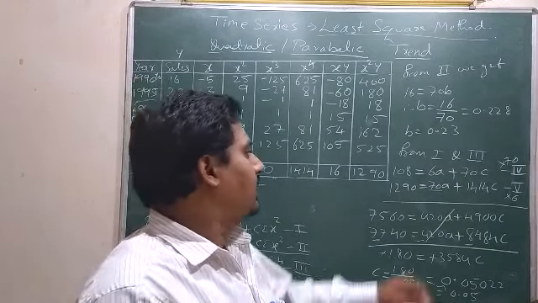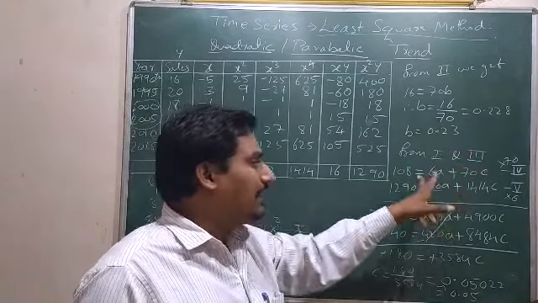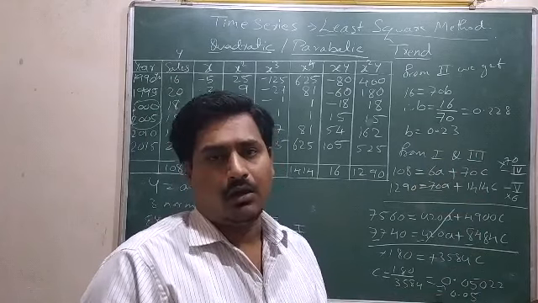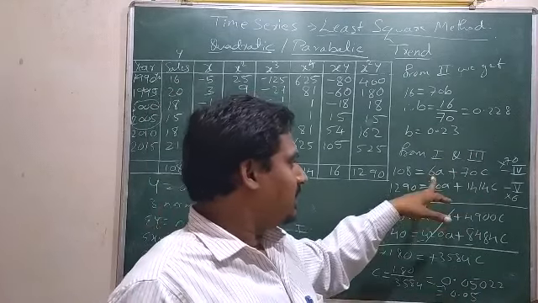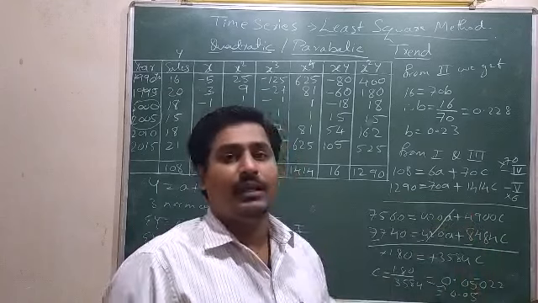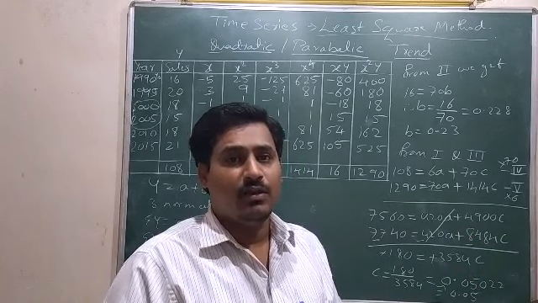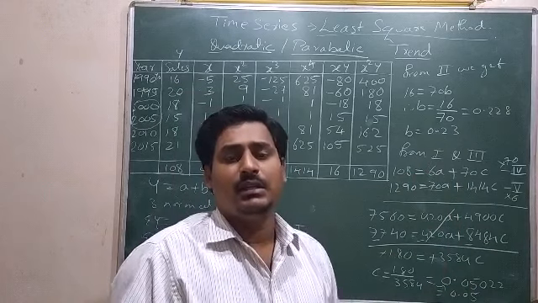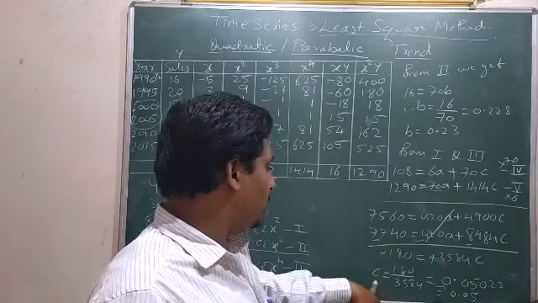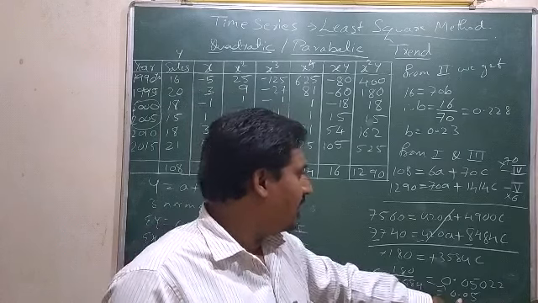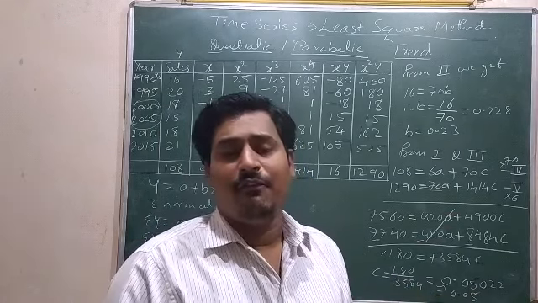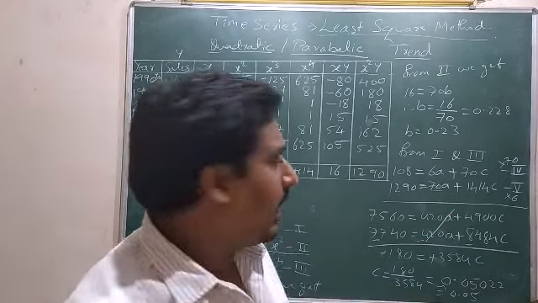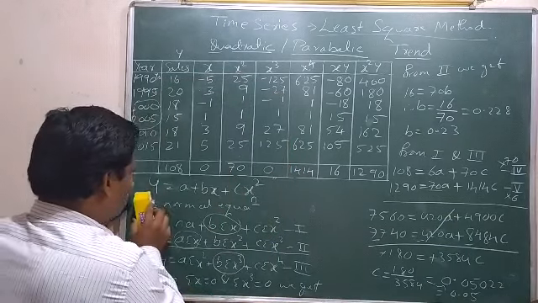Okay, so the important task here is to cancel either A or C. If you cancel any one value, you get another value. With the help of that value, by putting it in either of these two equations, we will get the other value. So here we got the C value. With the help of the C value, we can identify the A value here. Okay, and now I will rub this equation here.